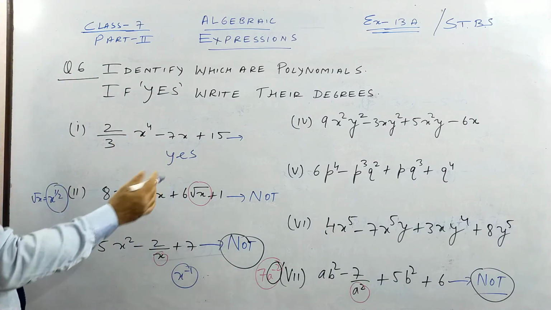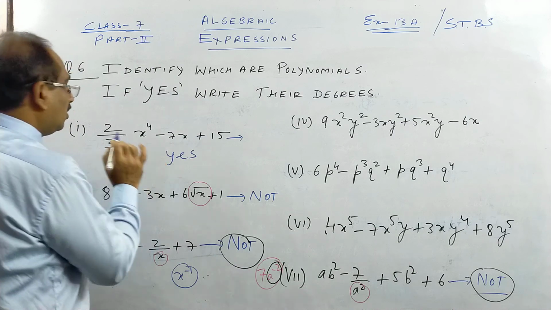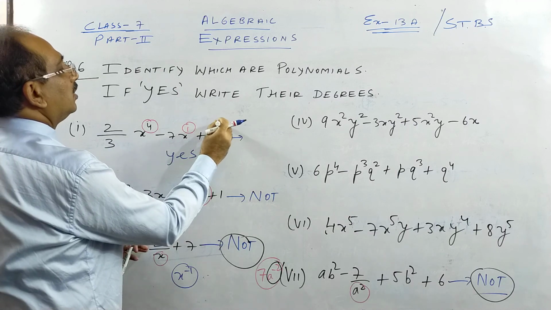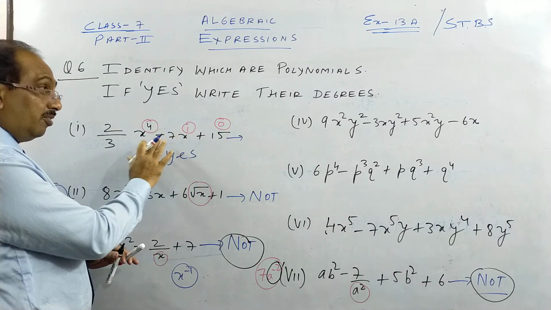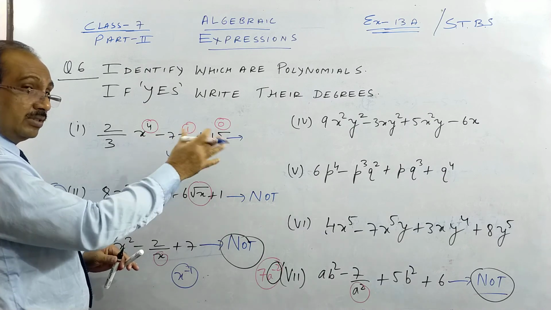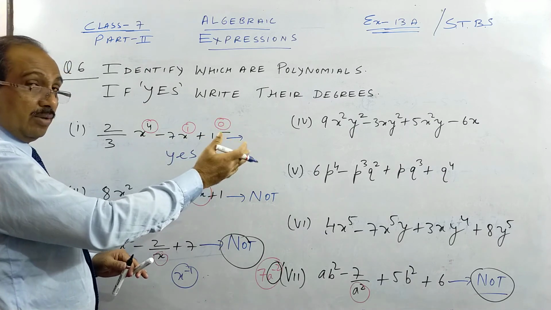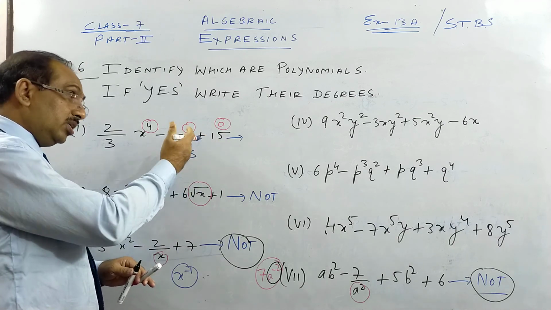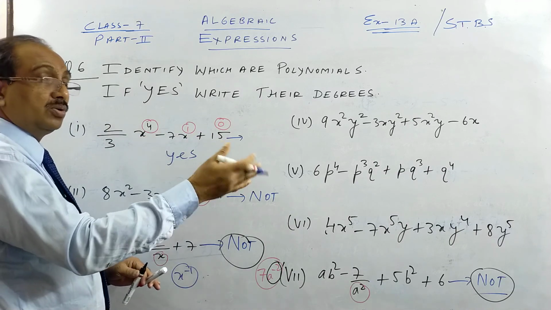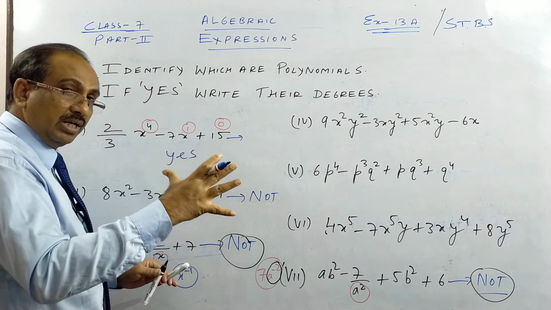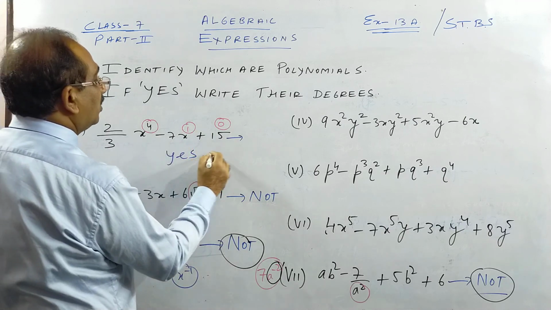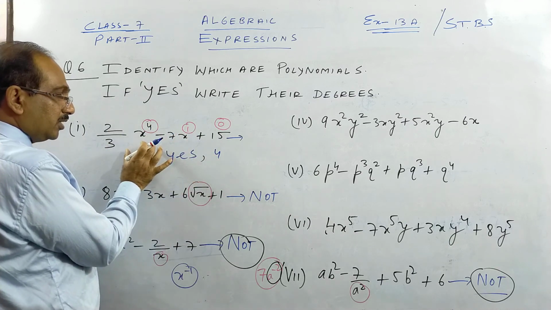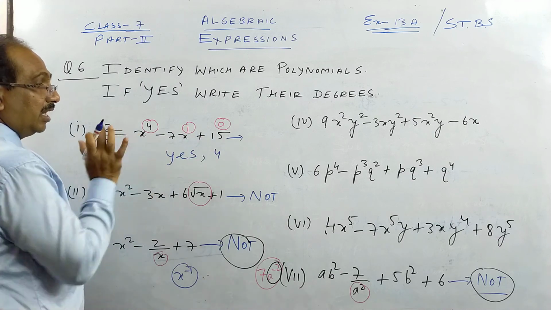Now let's go back. So this is yes, all are yes. Now which is the highest power? Please see. So x power is 4 here and 1 here and 0 here. So when it is in one variable, again here they are mixed, one variable and two variable polynomials. But in class 6 we have separate questions. I think yesterday I solved 4 questions, 2 on single variable and 2 on 2 or more variables. So in class 7 you have a condensed form of that. So highest power is 4, so degree is 4. So once more, in the case of a polynomial with one variable, we take the highest power, 4.